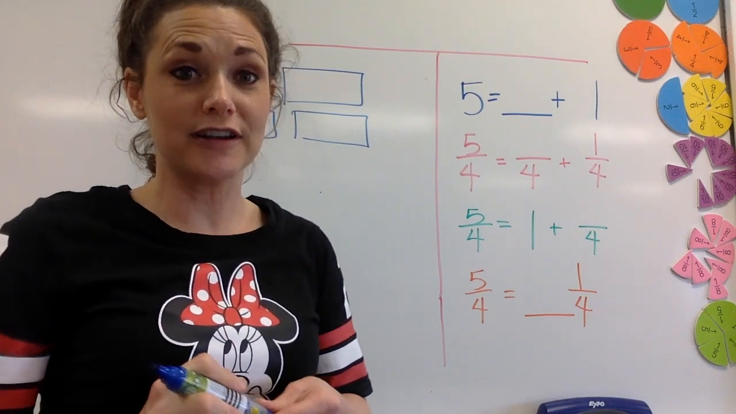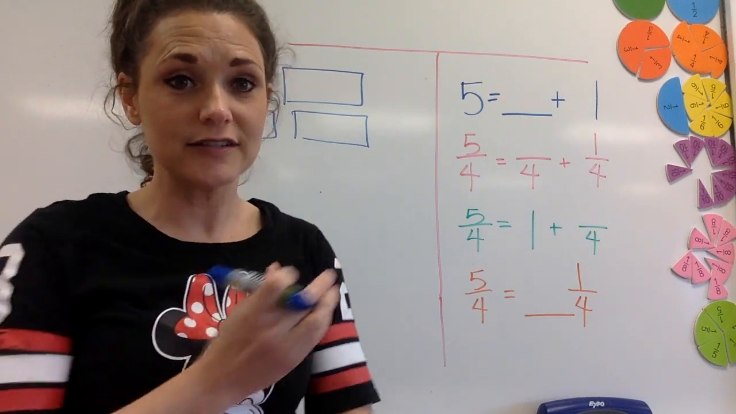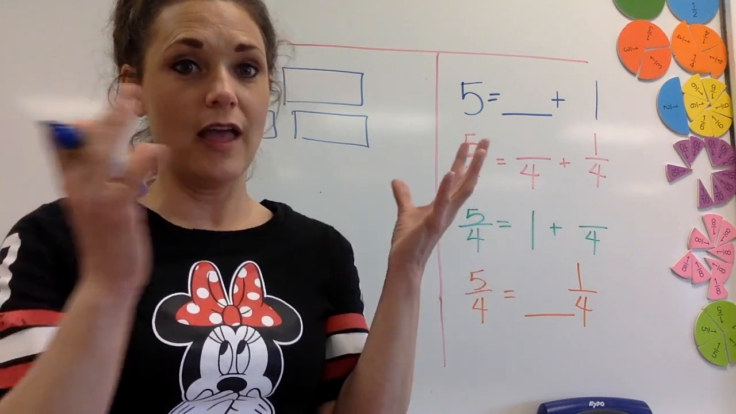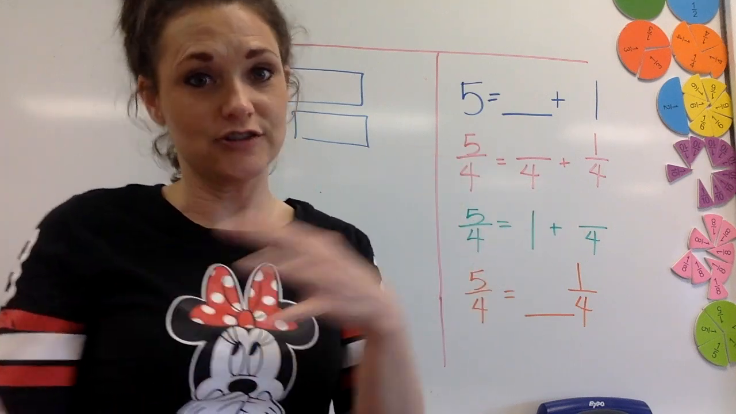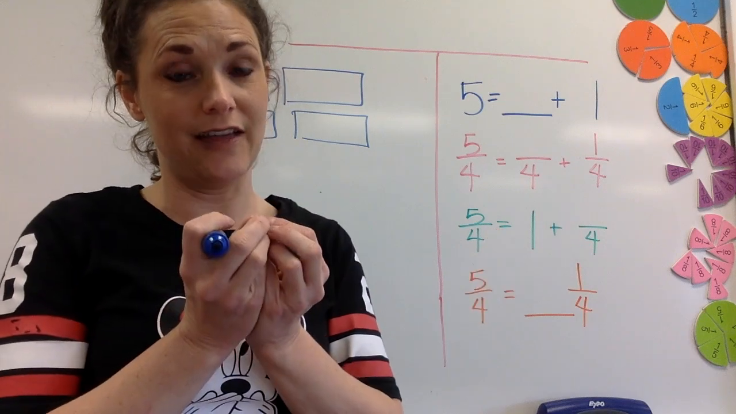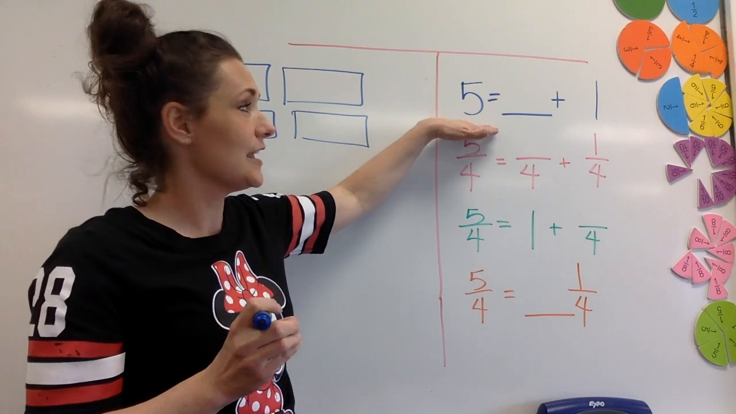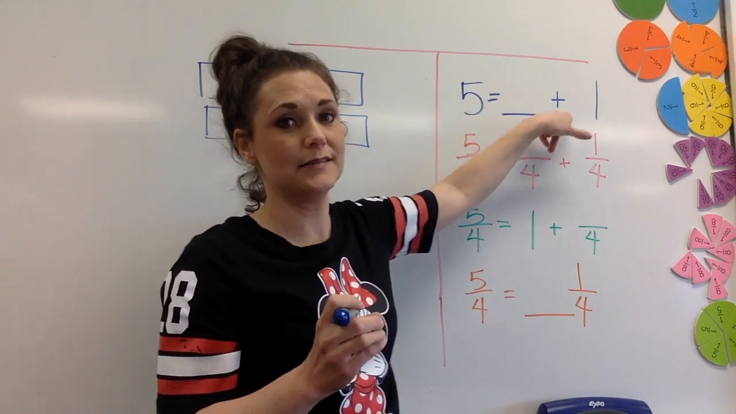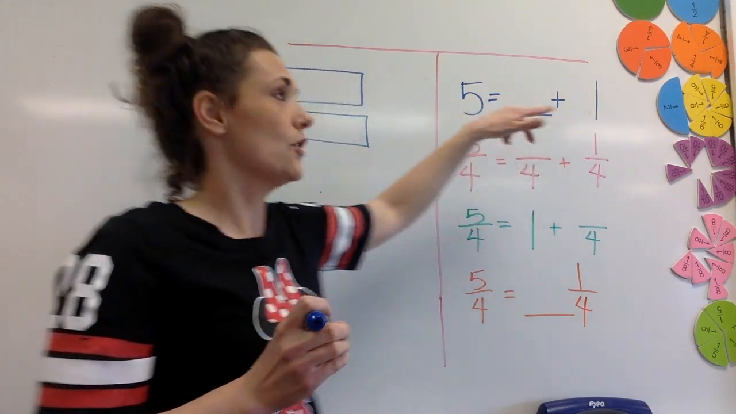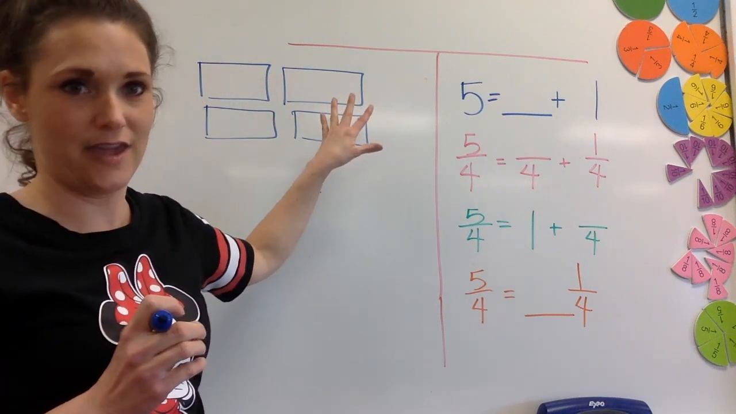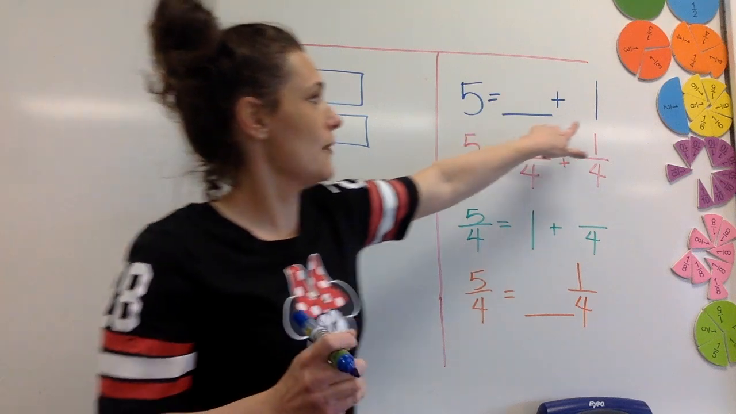Okay, so now we're going to think about another scenario for having our brain be able to think about wholes and fractions and wholes and how they kind of work together and help each other. So we're looking at 5 is equal to something plus 1. So I've just started to draw. I've got to have 5 here, right? But here's my 1